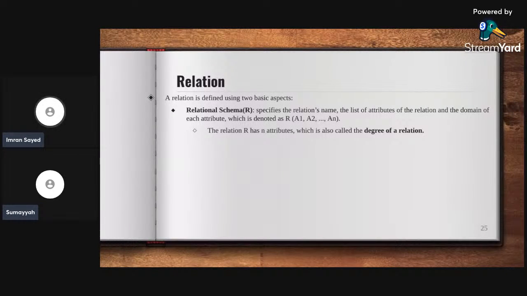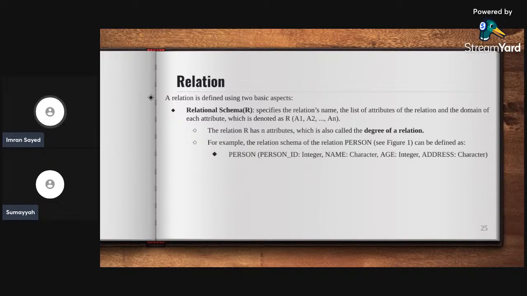So the relation R has n attributes, which means n number of columns, which is also called the degree of relation. As I discussed earlier, the previous one had 4 columns, so the degree of relation is 4. For example, the relation schema of the relation person can be defined as person ID, name, age, address. So this is the schema,